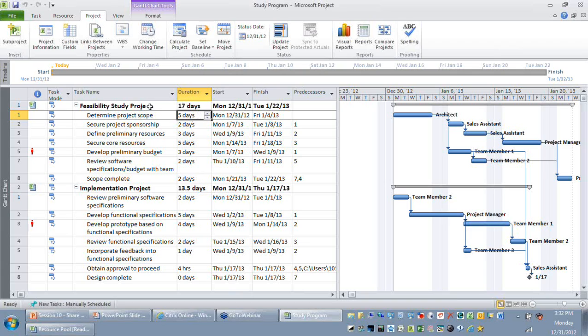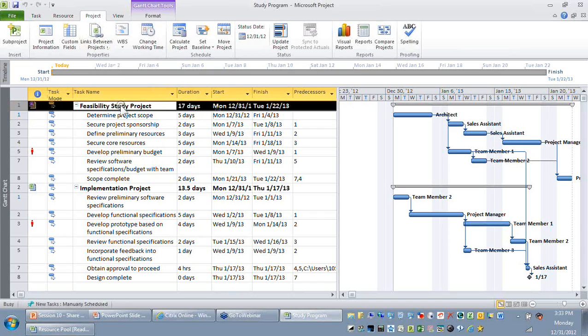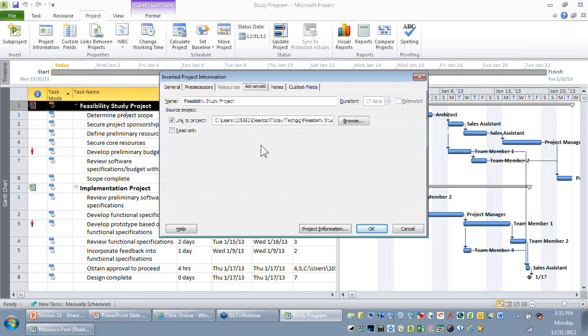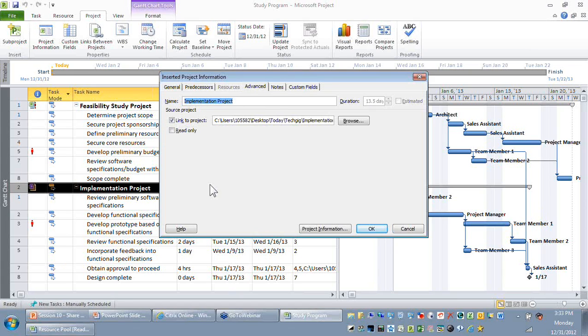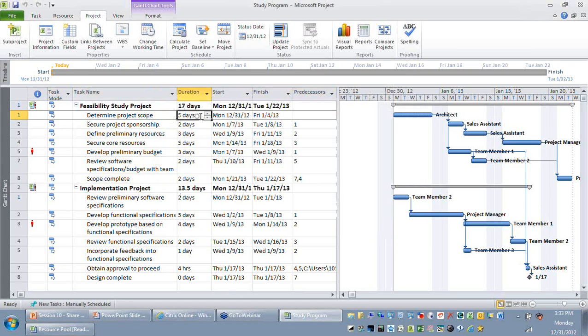But if the answer is no, maybe you should not edit these values, or these two files which you are trying to open within this program should only be in read-only mode. So in Microsoft Project, when you try to link a project or after linking it, you can double click those projects and go to the Advanced tab. You have an option here saying that this feasibility project should be read-only, okay? And I will also say the implementation project should also be read-only. So when it is read-only, you will not be able to edit it, okay?